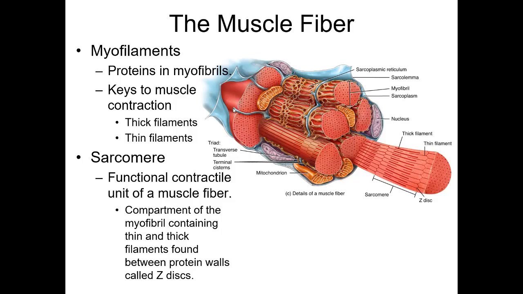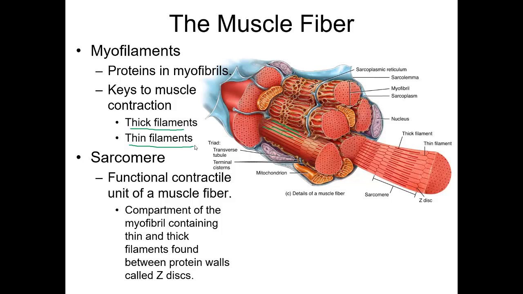The myofilaments. So these striations that you are seeing right here come from structural and contractile proteins. And those proteins are thick filaments. You can see that there are some filaments that look thick and some filaments that look thin. So they come from thick and thin filaments. We're going to go into a lot more detail about the thin and the thick filaments, and they are key